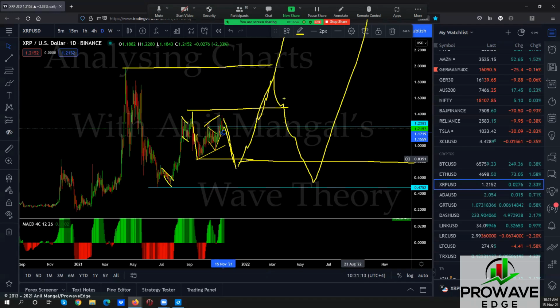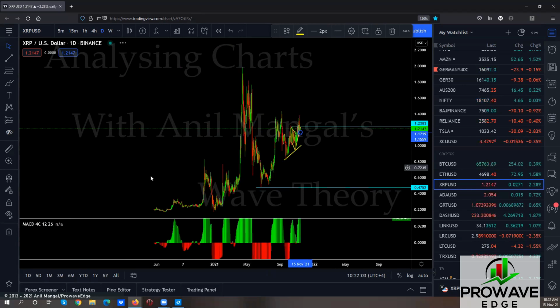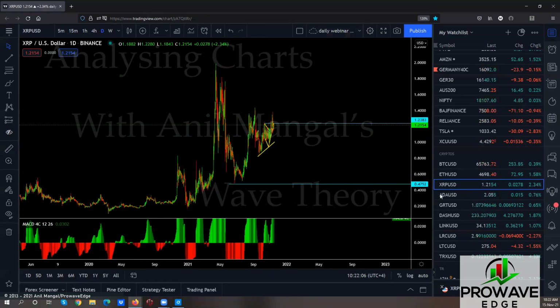If this takes off, okay, no problem. You'll have a big running flat. Can we look at this as a bigger correction of its own? I don't think so. Because then you wouldn't get a big flat here. Right? We understand how wave analysis works, right? So this seems to be the B part of that entire structure. Let's see how it goes.